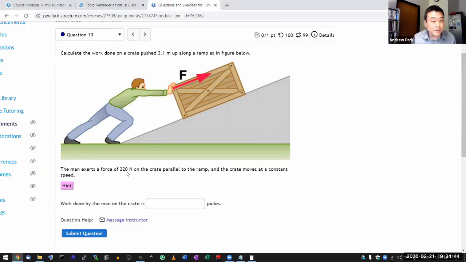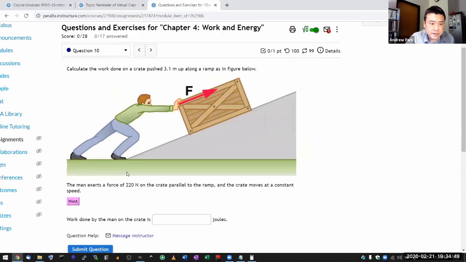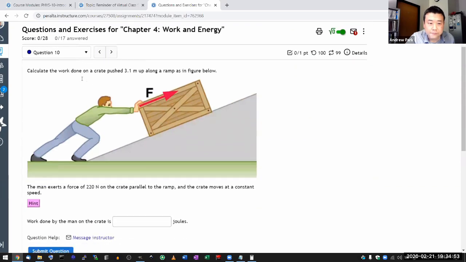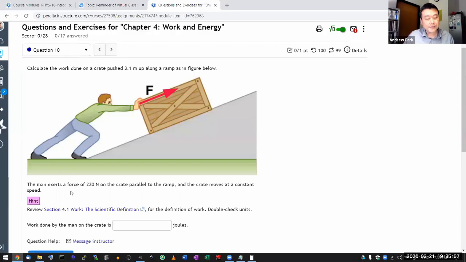So let me start out with question 10. I think a lot of people do get this on the first try, but it's a good warm-up question. It says, calculate the work done on a crate pushed some distance up along a ramp as shown in the figure below. The man exerts a force of 220 newtons on the crate parallel to the ramp, and the crate moves at a constant speed. Most of the time, well, all of the time, I ask you to look at the hint,